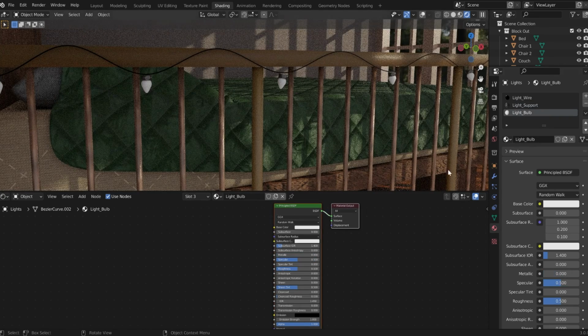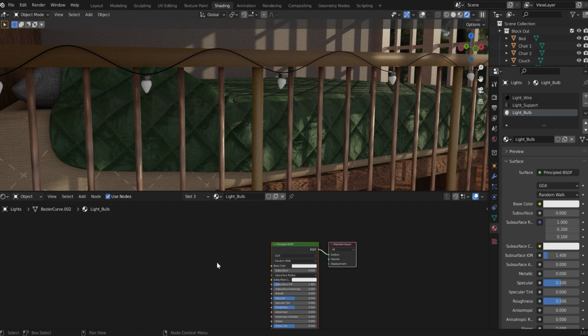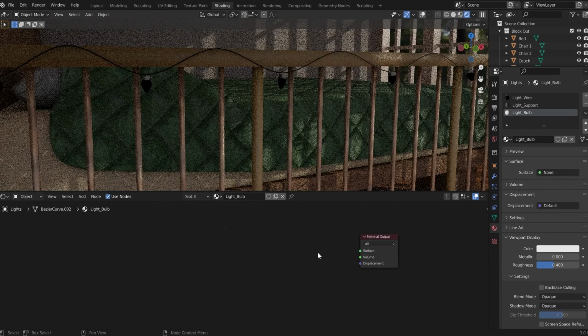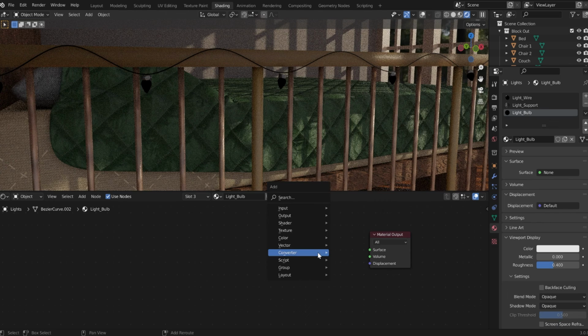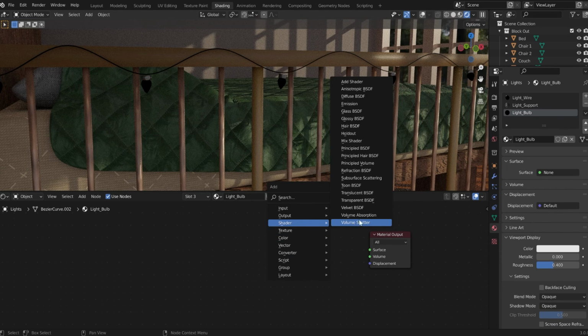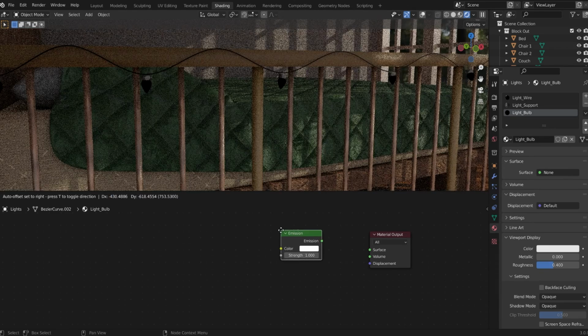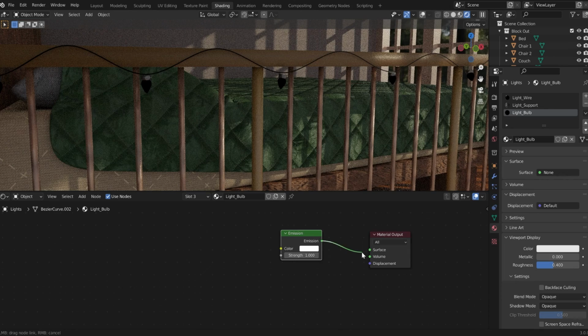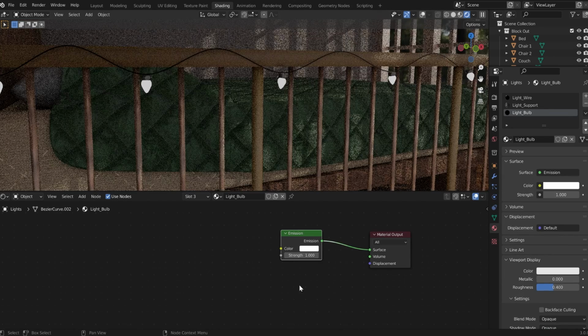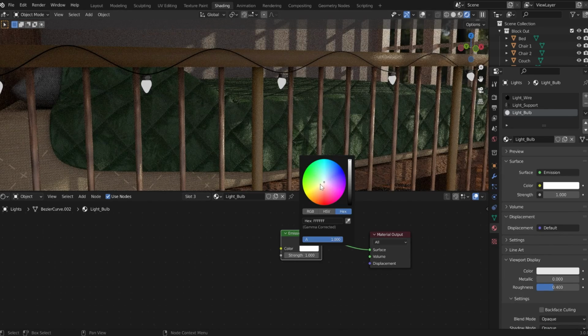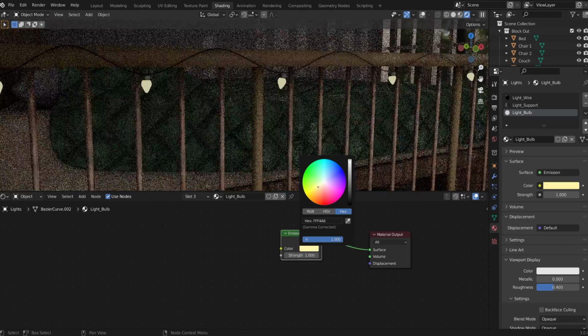Okay, and for the light bulb, actually it's pretty simple. What we're gonna do, we're gonna delete this Principled BSDF, and we're gonna leave only the material output. So I deleted that one, and over here I press Shift A, and I go to shader, and I choose here emission, and I connect the emission to the surface, and I change here the color to a bit of a yellow,